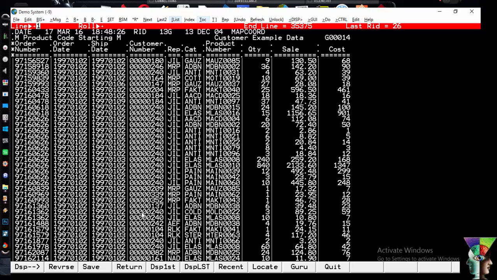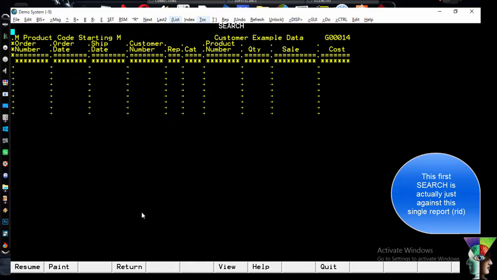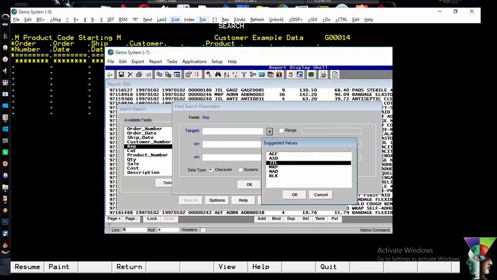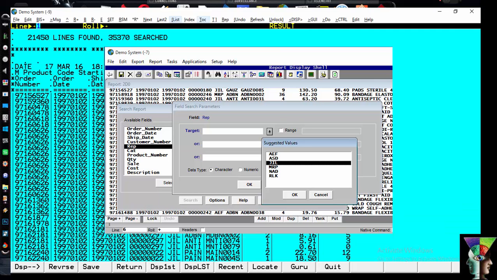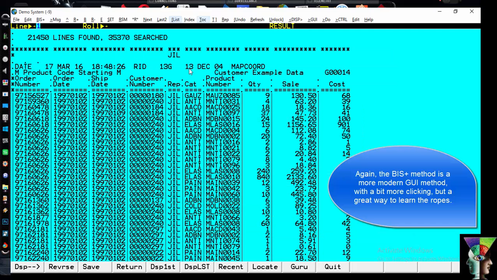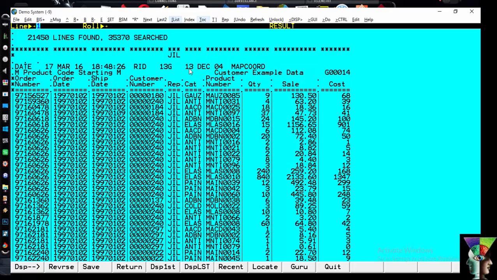So what I could do is I could search this entire drawer. I just type in S and transmit, and I want to find a representative by the name of JIL. Maybe those are her initials. And so what I did is I just searched 13G itself, and I found every occurrence, 21,000 out of 35,000. But I could actually search through the whole drawer as well, which would be almost 1 million lines, I believe it'll tell us. Let us search